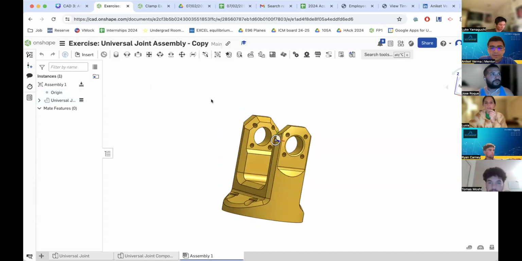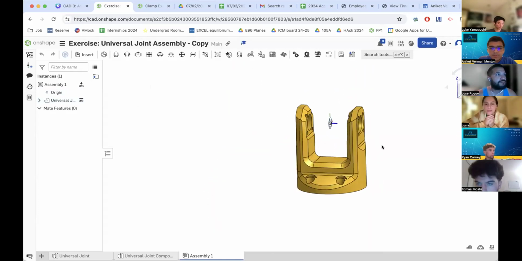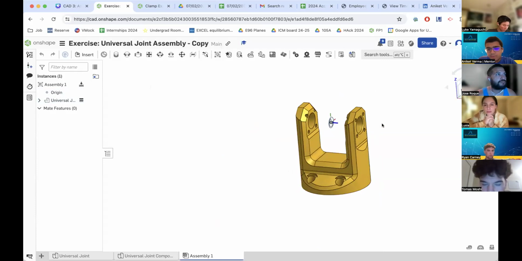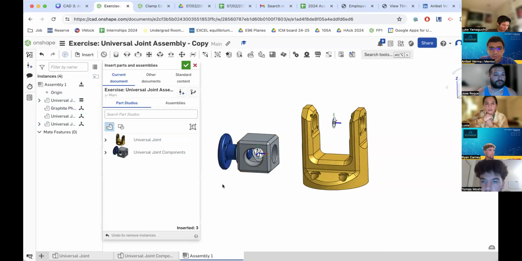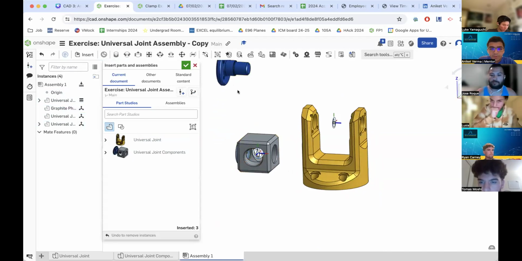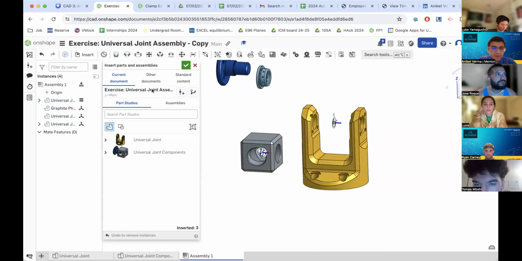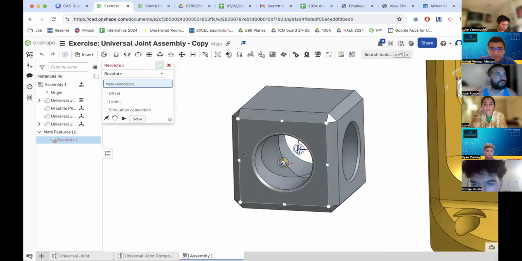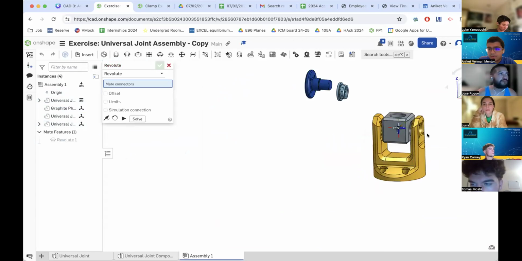And I went ahead and fixed this part to the origin already, right? So now that's done. Now what I need to do is import some more parts. So I'm going to import my joint components. I have this part and this part and this. Now this needs to go over here, but it needs to be able to rotate, right? And this black one needs to be on the top side. So if I do a revolute mate, select one of these mate connectors in between, select this right here and hit OK, I notice that I can